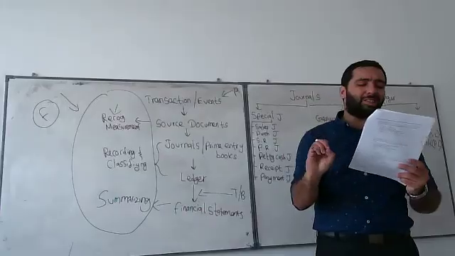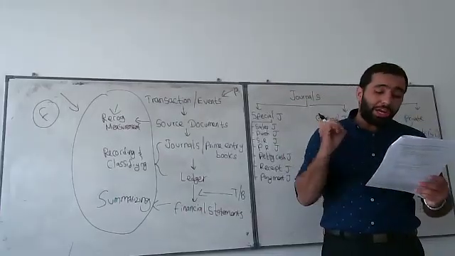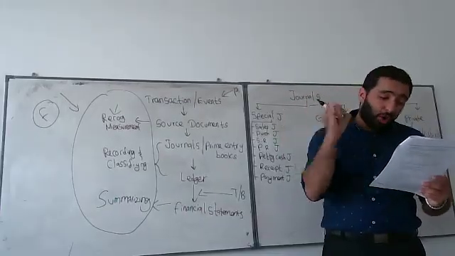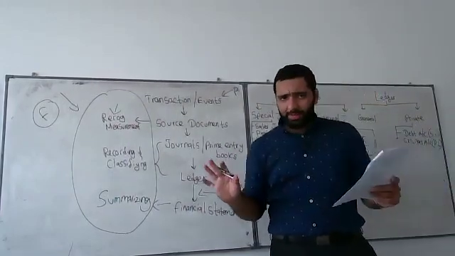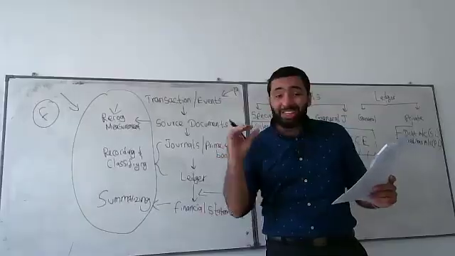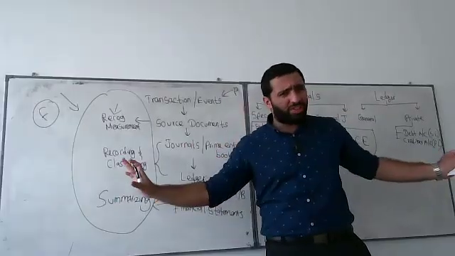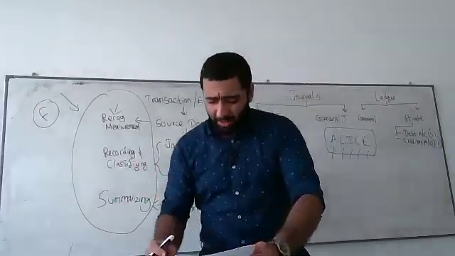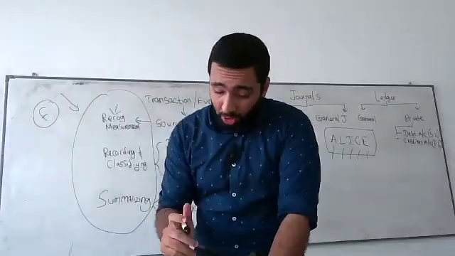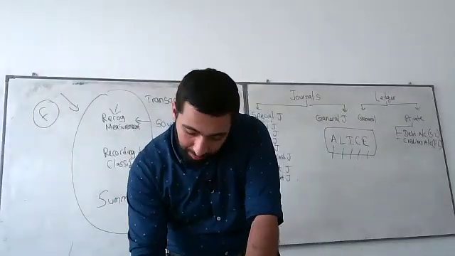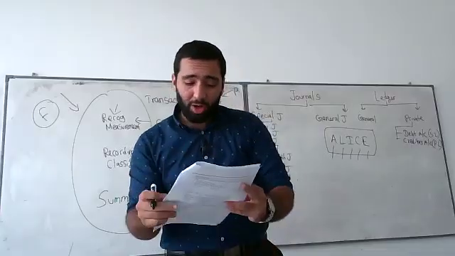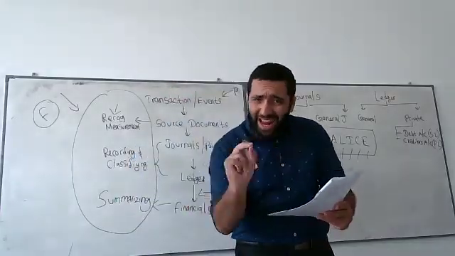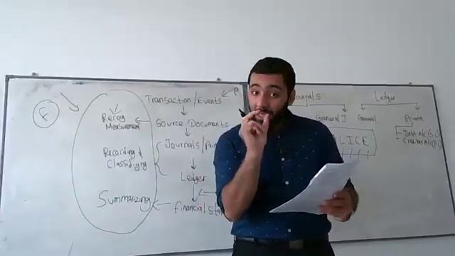What is the correct sequential order in which the following activities occur in the accounting process? Okay, so very easy. What did you understand? Sequential order of the accounting process. You need to always make sure you are highlighting the keywords. Sequential order, very important. That is a keyword. Make sure you underline at least the words sequential order.